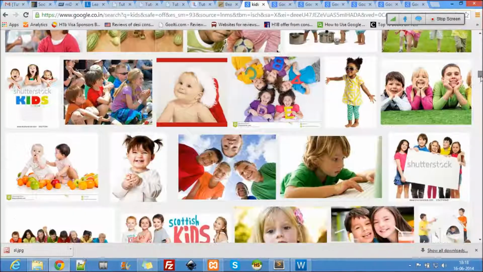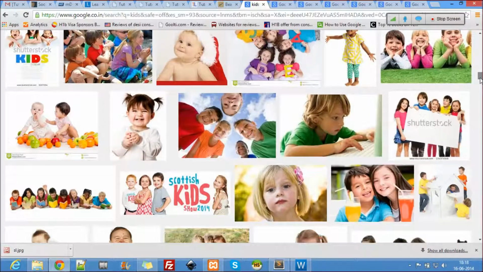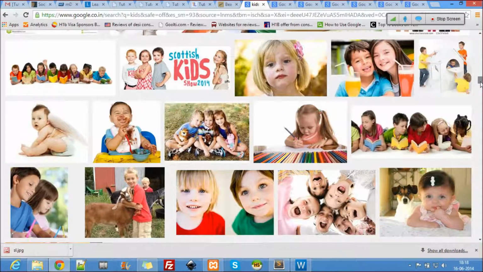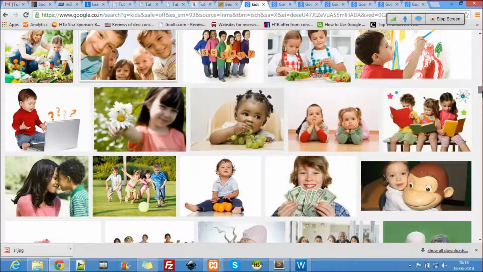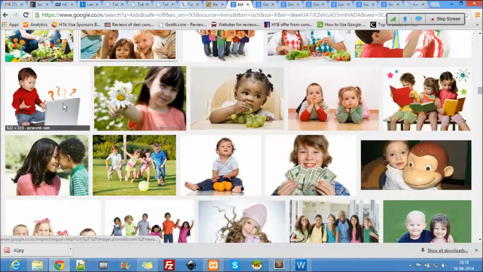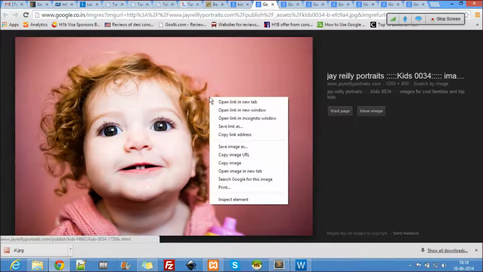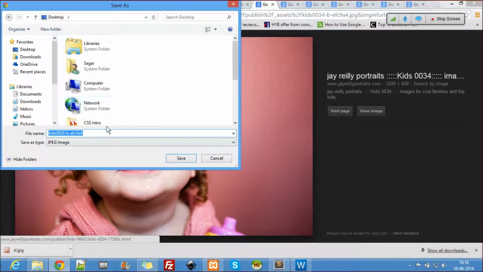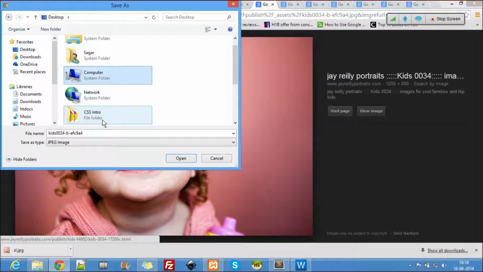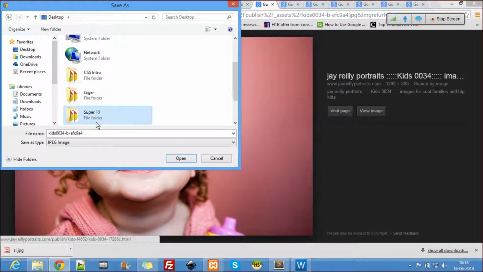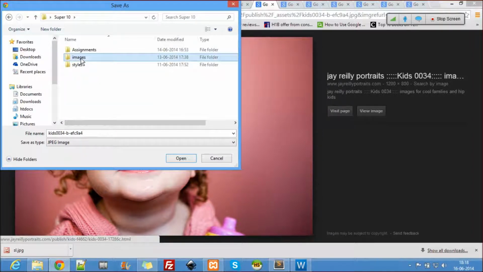Let's take one more, just one more. Okay, let's take this student. Super 10 images.